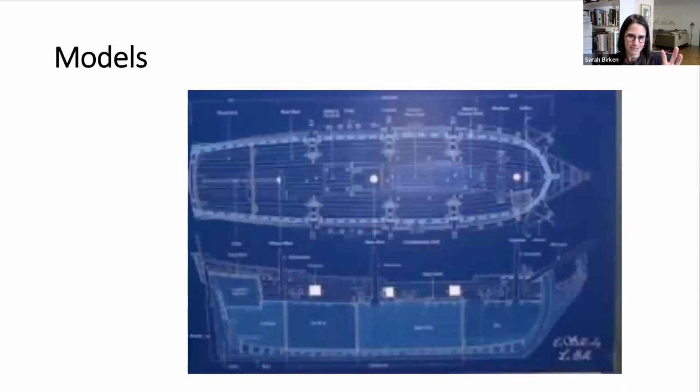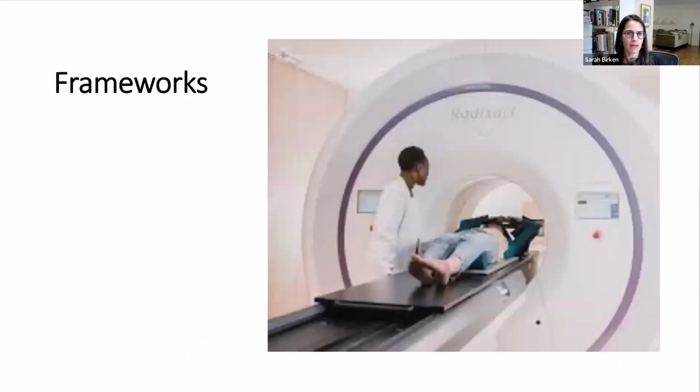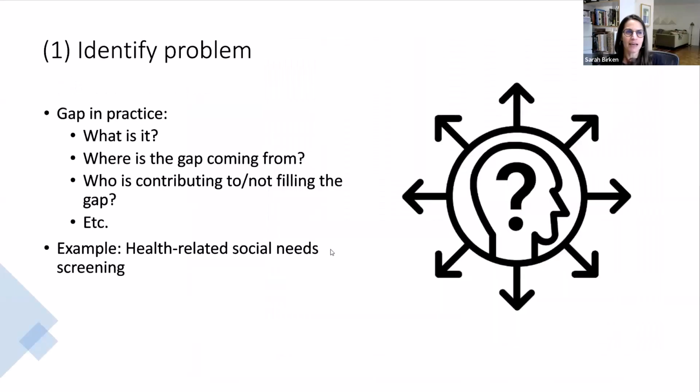Models are like maps of how we think this is supposed to go. They get everybody on the same page about the structure of what's going to happen or what did happen. And frameworks are, I think a physician once told me I got this wrong, but really just kind of trying to get a sense of what might be going on. It's a diagnostic tool, an MRI, I think. Anyway,